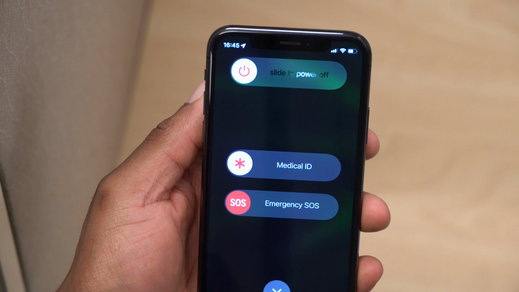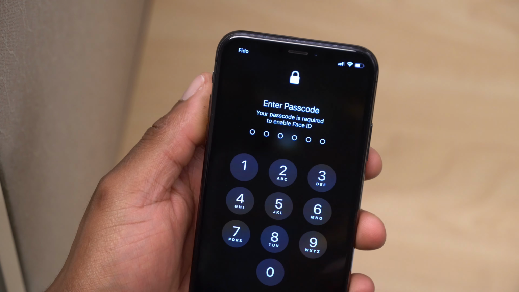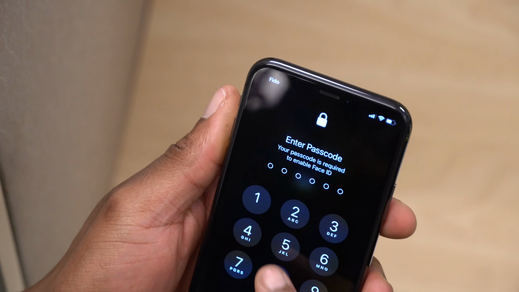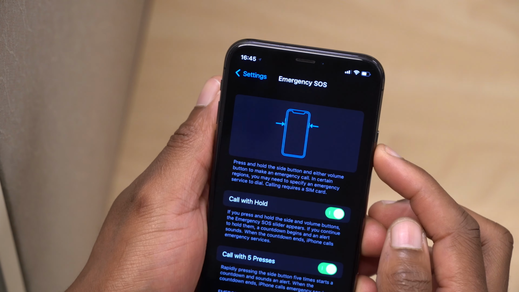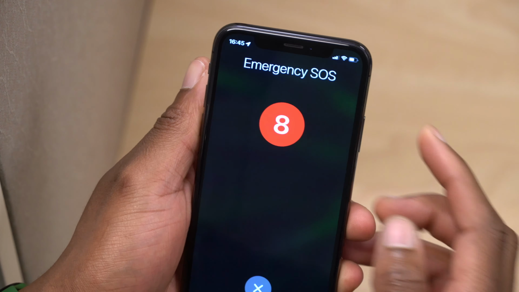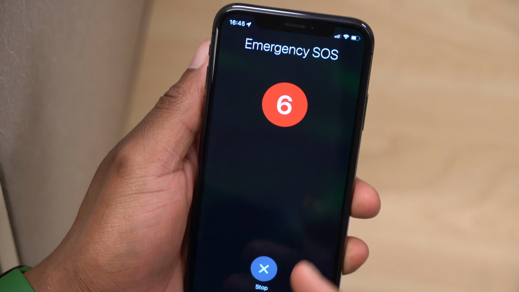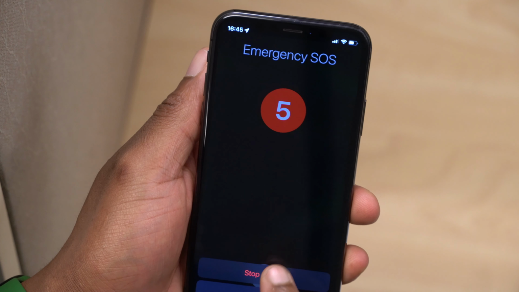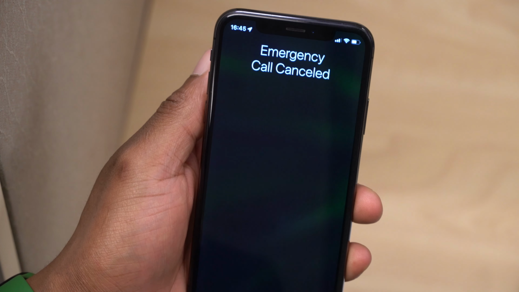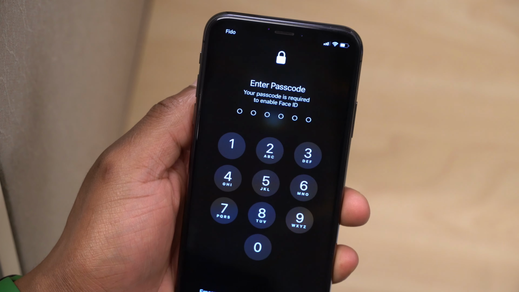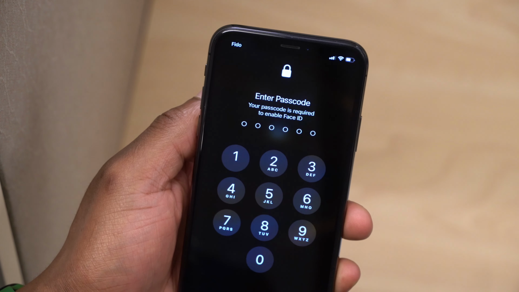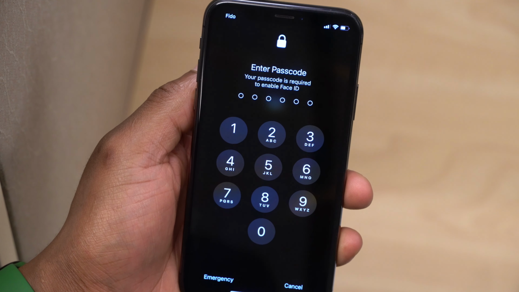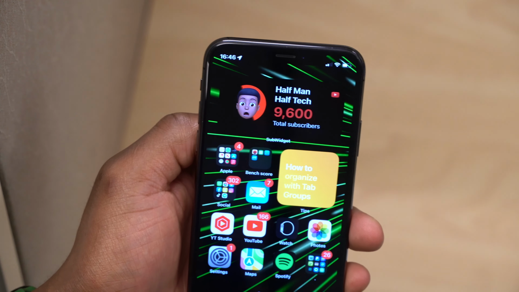So you can see here, you are able to slide that. And let me just unlock my device. And also if I do 5 presses on the side, you can see that the countdown timer actually starts at 8 seconds. So it actually moves quite quick, as I noticed. It's not exactly 8 seconds, but that's another change that came with this iOS 15.2 developer beta 1.